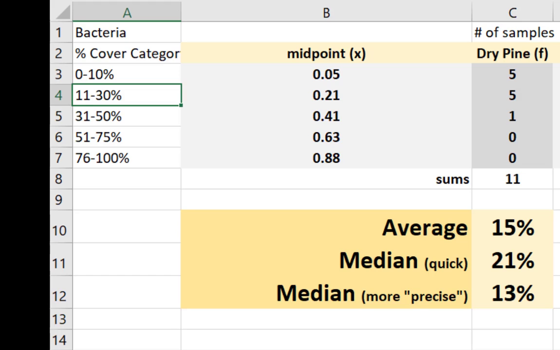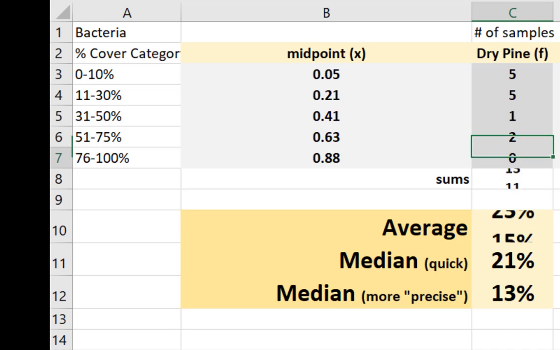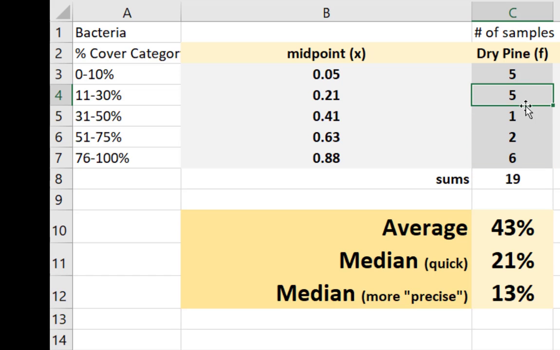Similarly, just to make up some fictitious numbers, if you had more data points, let's suppose there were a couple more up here, say, I don't know, 2 and 3, and then now you got 16. Let's make it even more than that. Let's make it 6 up here. Now you got 19, which means you have to get to the 10th point. So the 10th point would also be in this bar. Quick median would still call it 21, but for the more precise one,